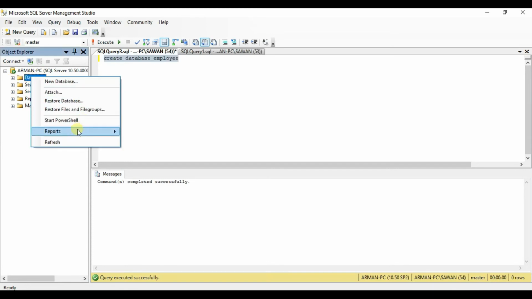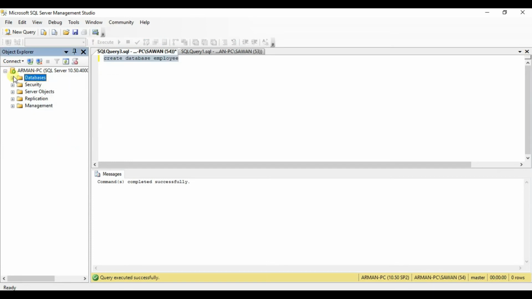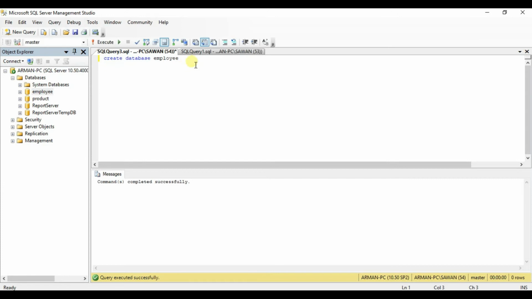Right click and refresh. See, the employee database is created, right? Now type here use, database name employee, select all and execute. Command completed successfully.